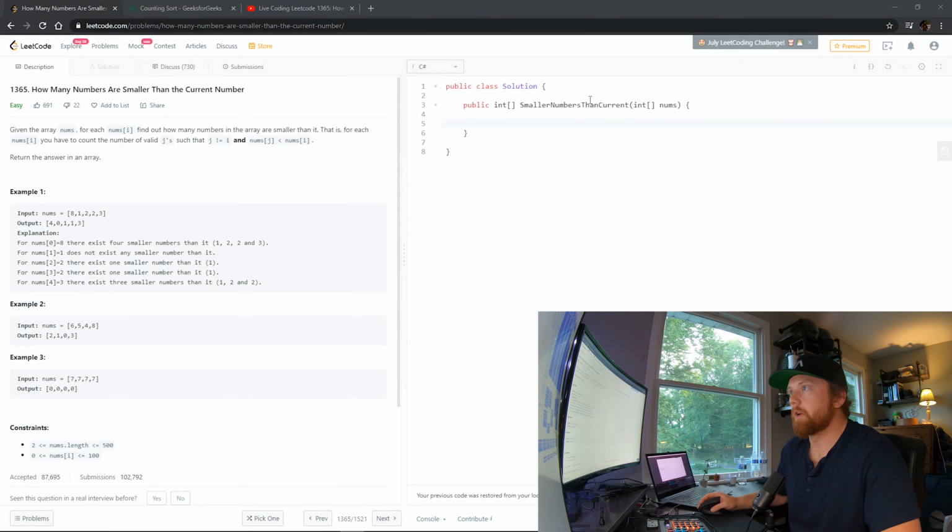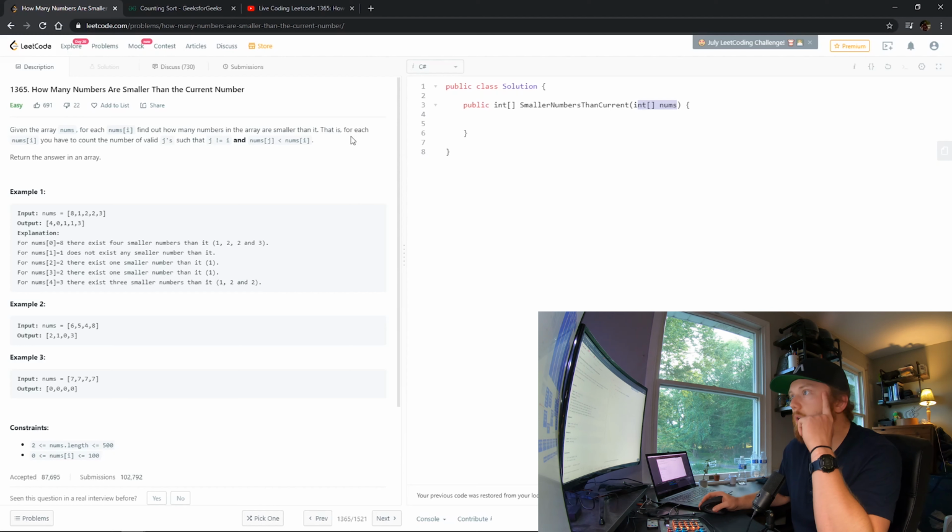Alright, so in this video we're just going to be looking at LeetCode number 1365. The question is how many numbers are smaller than the current number. So it says given the array nums, the method takes in this integer array nums. Here you see on the right, for each number at index i, find out how many numbers in the array